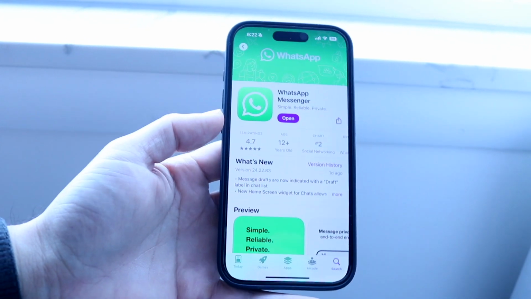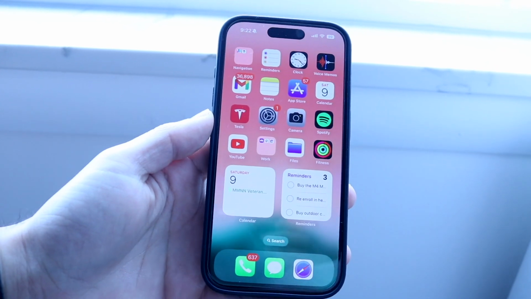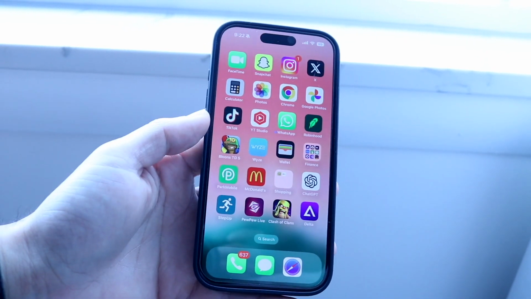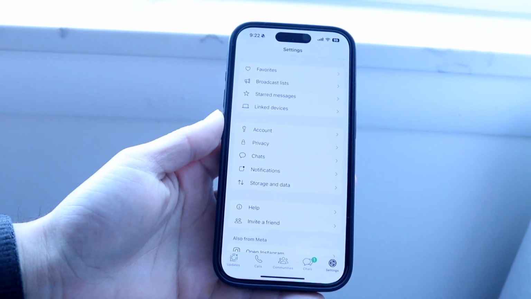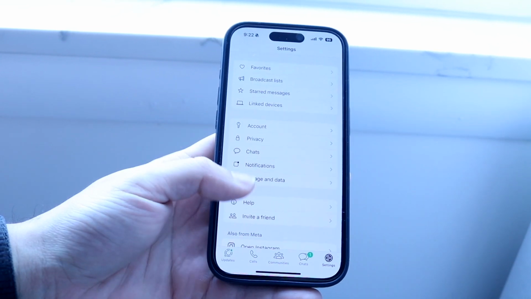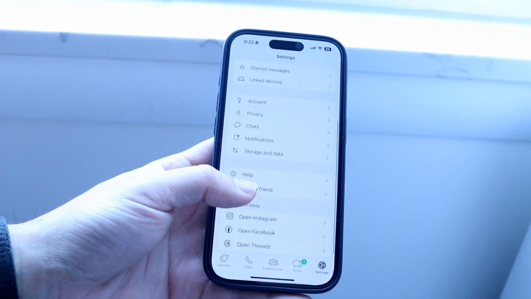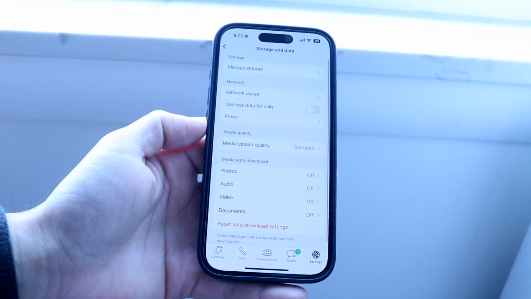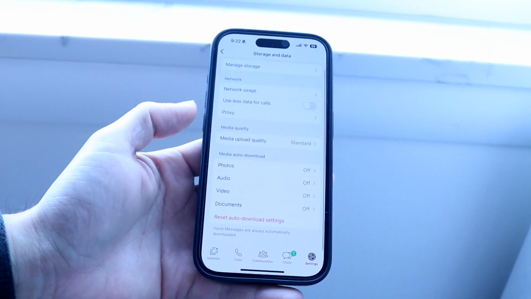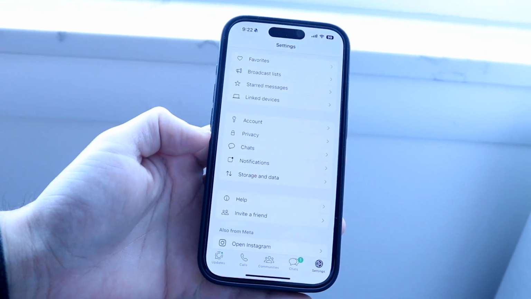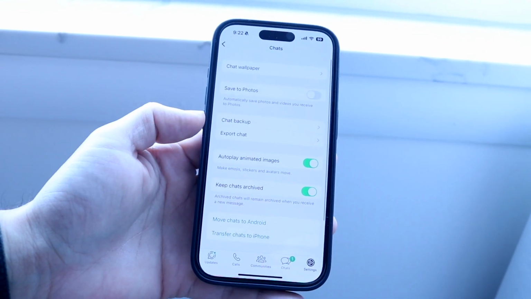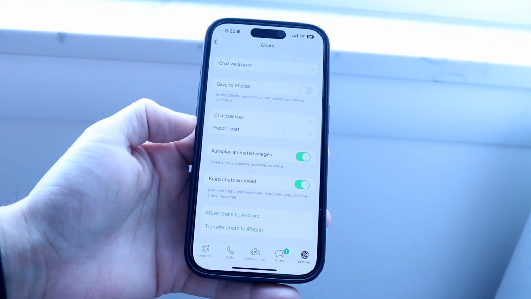Now, if you do that and it's still not working, the next thing you may want to try is going back into WhatsApp, into your settings, and going to the portion where it allows you to create that backup in the first place. I think it was storage and data. Actually, it's in chats. So if you click on chats right here, and then click on chat backup or export chat,